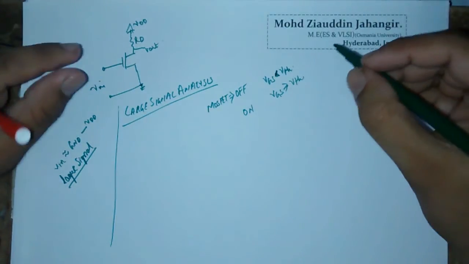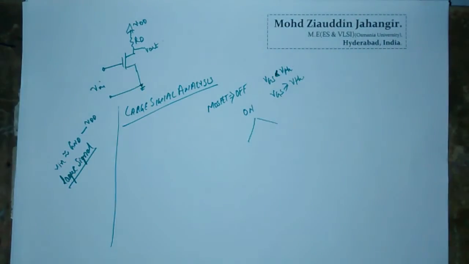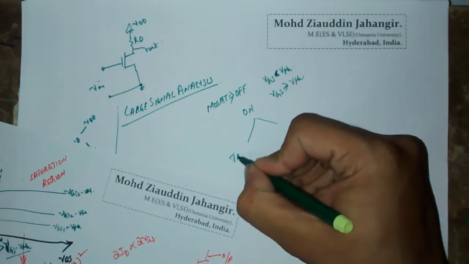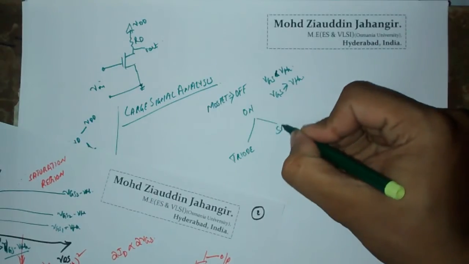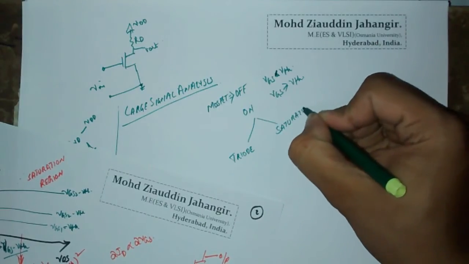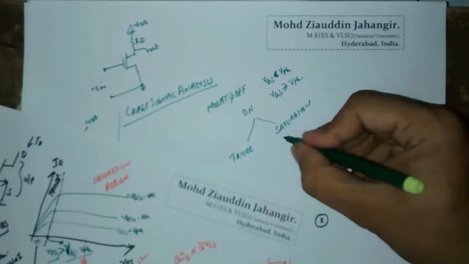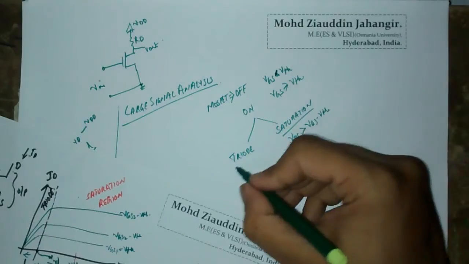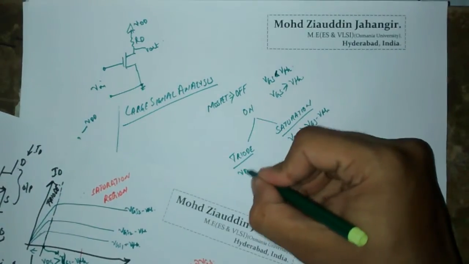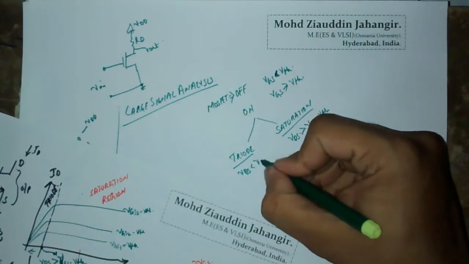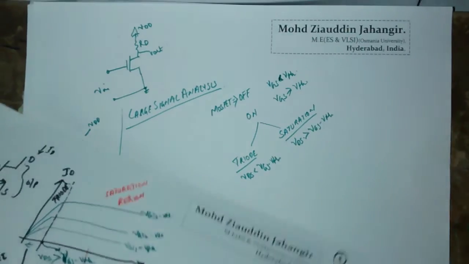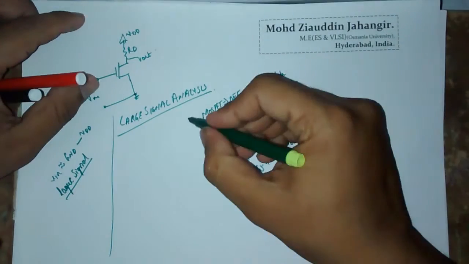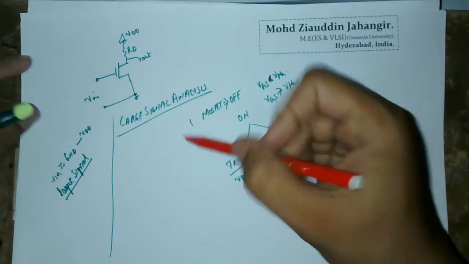And moreover, when it is on, it can be in two different states, as we have seen in the analysis. One is the triode region, the other is the saturation region. So what is the condition for saturation? Your output voltage VDS should be greater than VGS minus VTH, whereas for the triode region your VDS is less than VGS minus VTH. Okay. After making a note of all these equations,